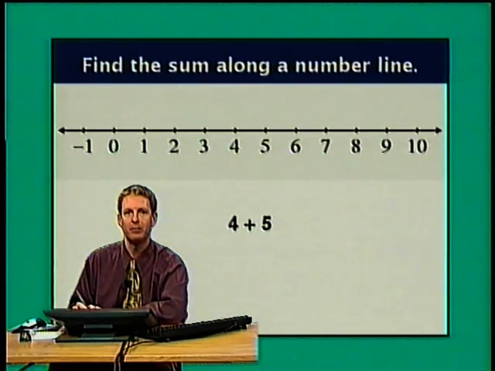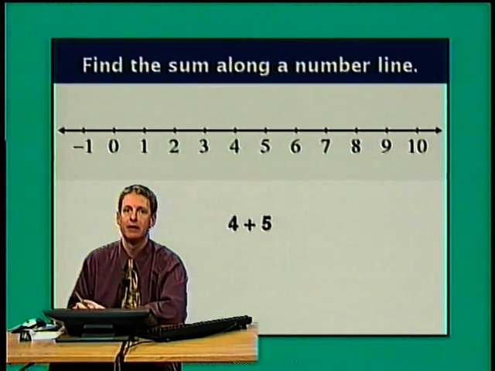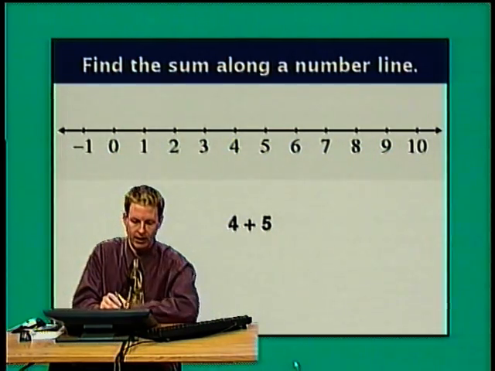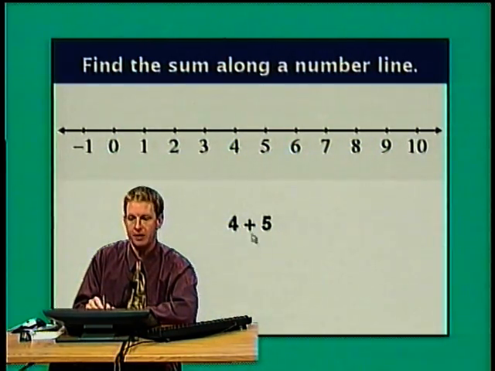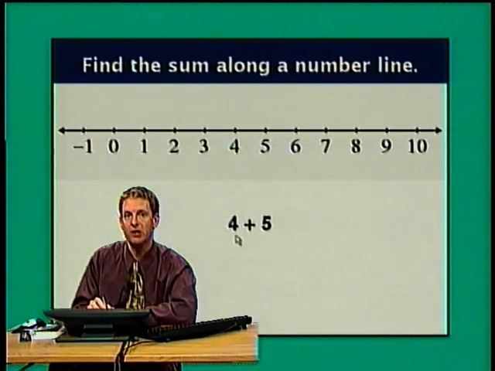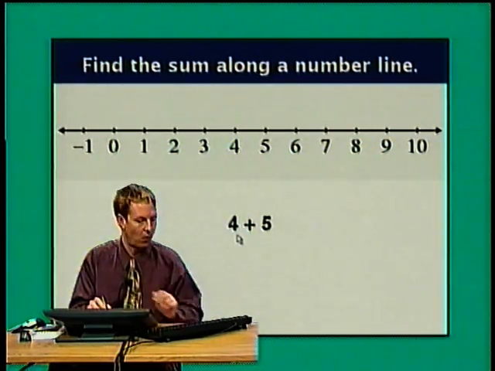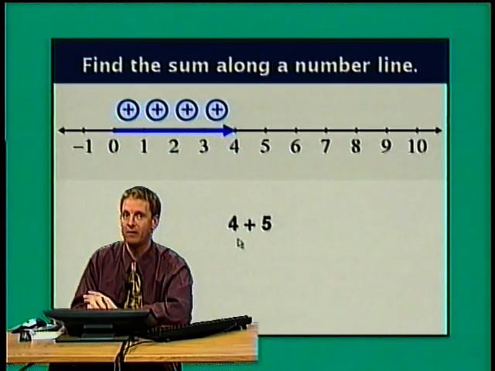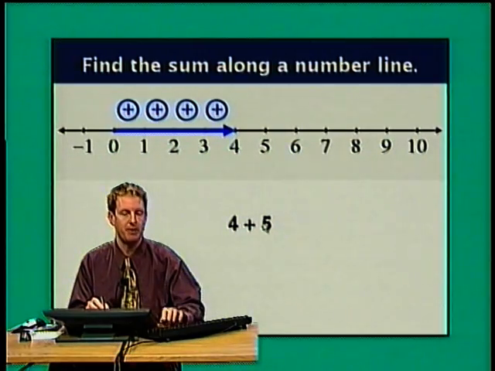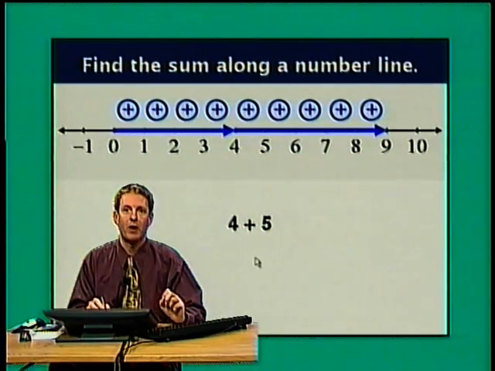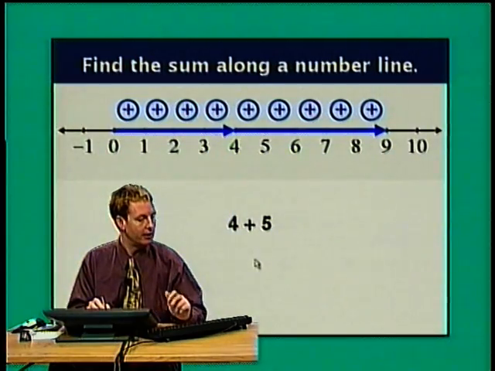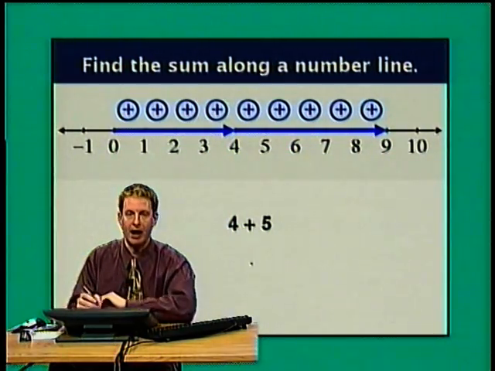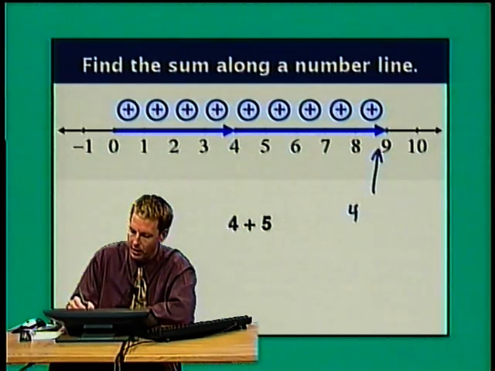Let's find 4 plus 5 using a number line. Since we're doing a new sum, we are going to start at 0. Since the first number in the sum is positive, we are going to move right, specifically right 4 units. Then, picking up where I left off, which is the number 4, I need to move right 5 more units. I'm moving right because 5 is a positive number. Look where I end up. I end up at the point 9. Since I ended up at the point 9, I have just illustrated that 4 plus 5 equals 9.